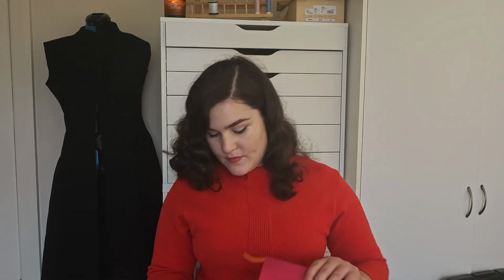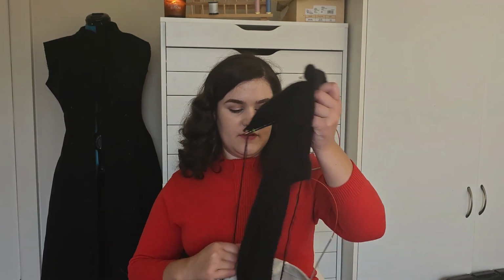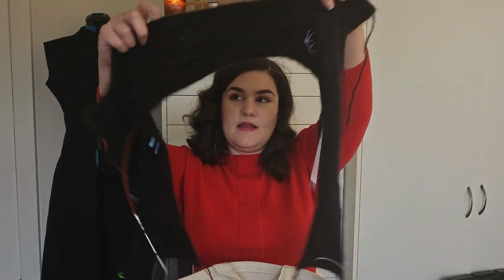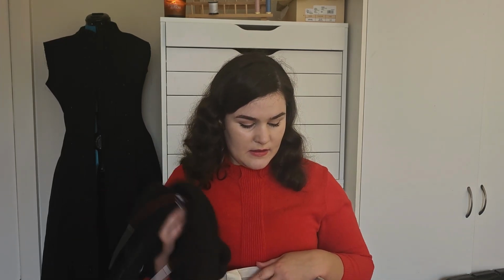Let's put this notepad down. The other projects that I have on the needles, these are two new ones, I think. I don't think I've talked about either of them. The first one, it looks like a spaghetti. It's the Wonderlla by Tash could make that. I'm using a